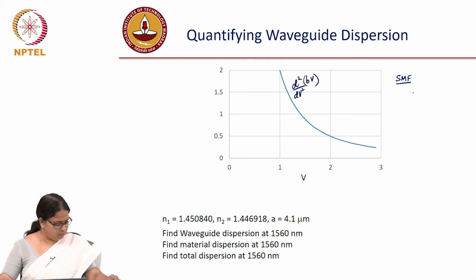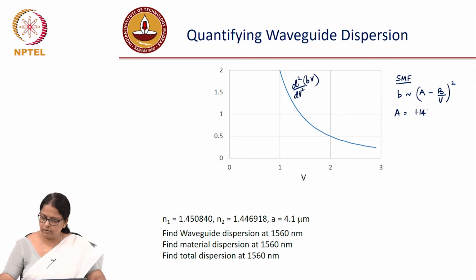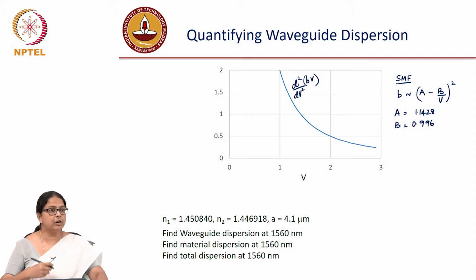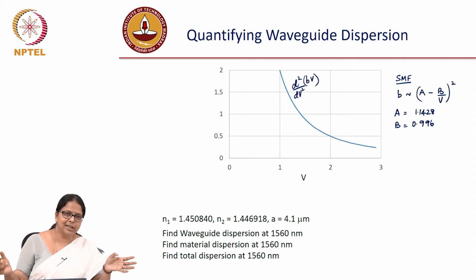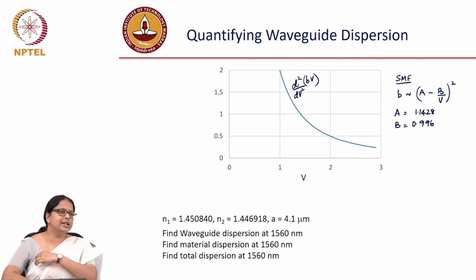You will know that this B is approximately equal to (A minus B by V) the whole square, where A is equal to 1.428 and B is equal to 0.996. Because B versus V is a universal curve, it does not matter what kind of fiber you are using. A part of that curve you can fit, and this is the empirical relation, and this relation is going to be useful,